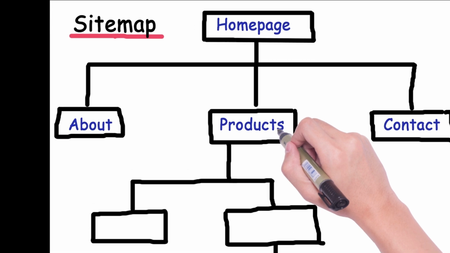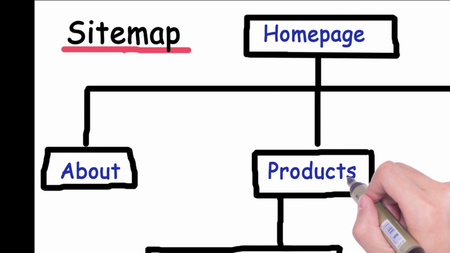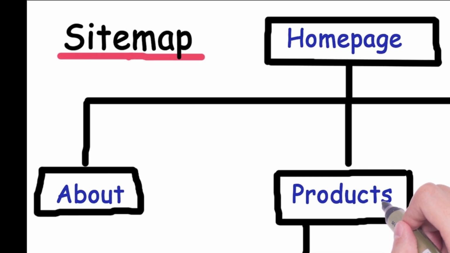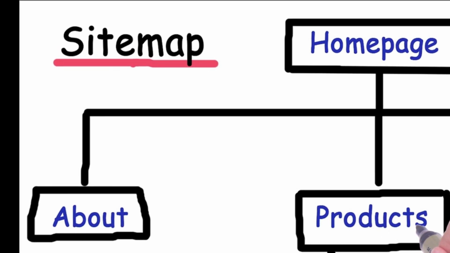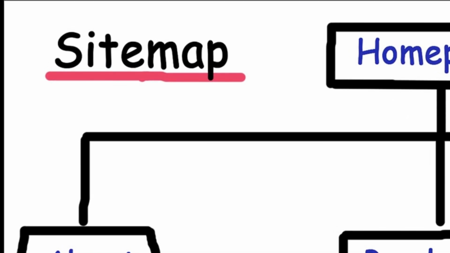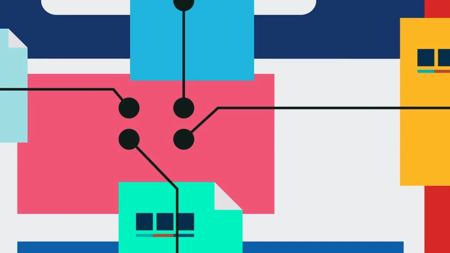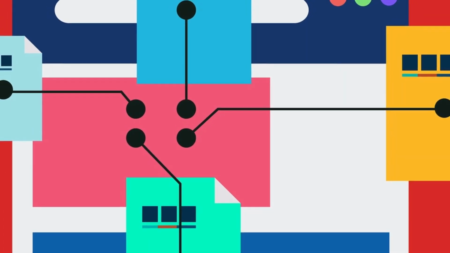Sitemaps. A sitemap contains a list of all the pages on a website in an organized fashion. Sitemaps are generally used by search engine crawlers to index web pages, but they're also accessible to users. There are two main versions of a sitemap, an XML sitemap and an HTML sitemap. An XML sitemap is very structured and is intended for search engine crawlers so that they can easily index a site. A user will not find much use for the XML version of a site sitemap.